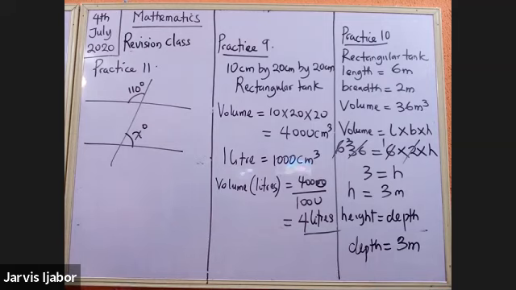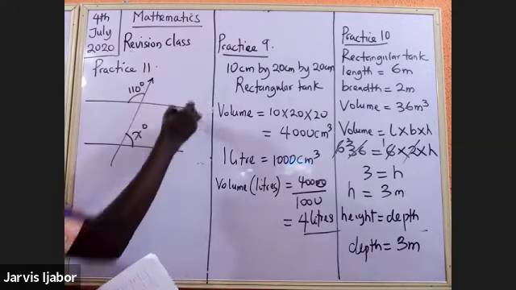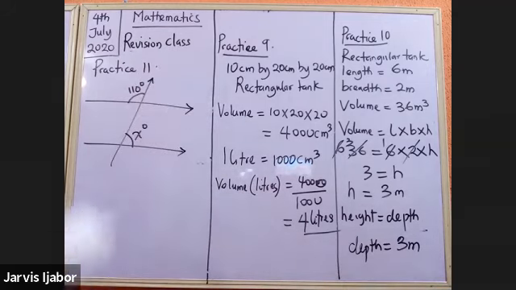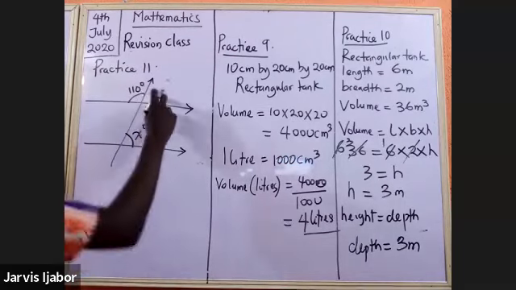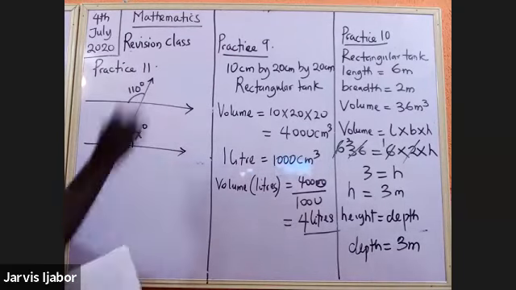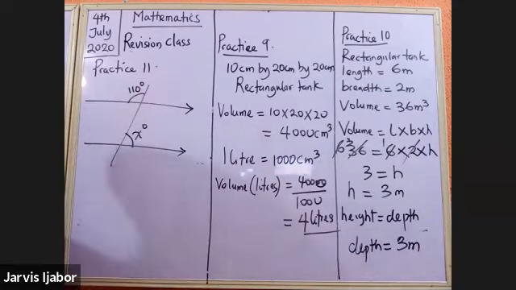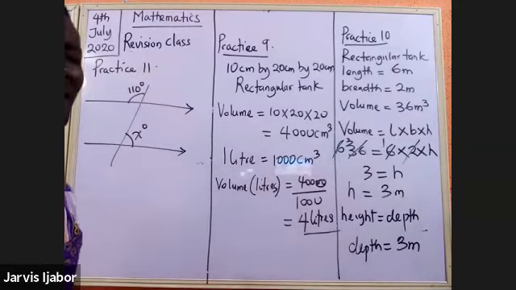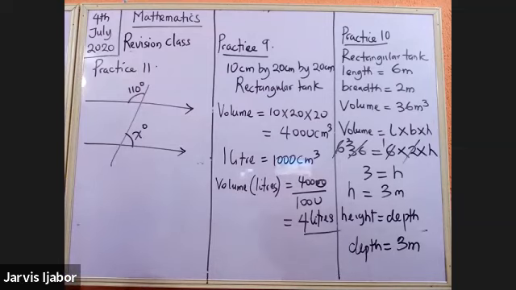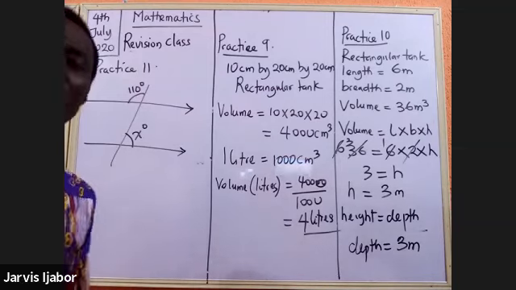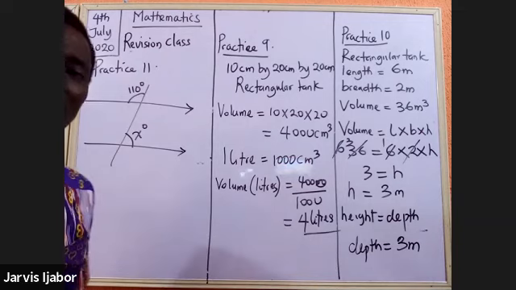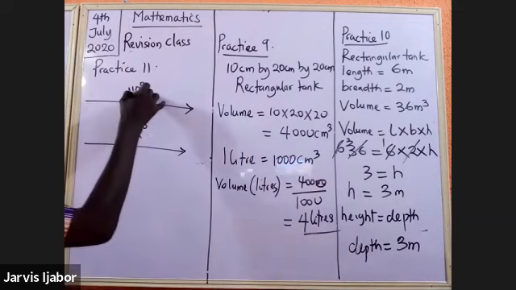Now, how do you handle this question? These two lines are parallel. And when you're talking about parallel lines, there are two major types of angles you consider there: corresponding or alternate. Now, if you look at this 110 degrees,